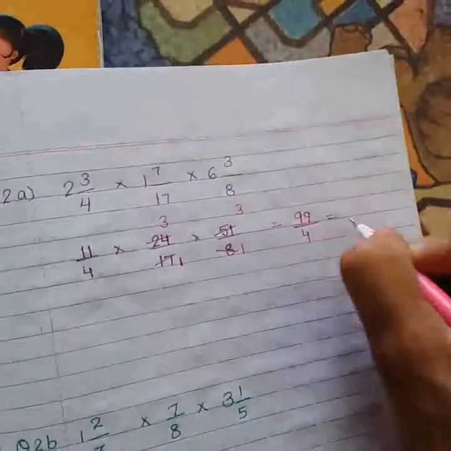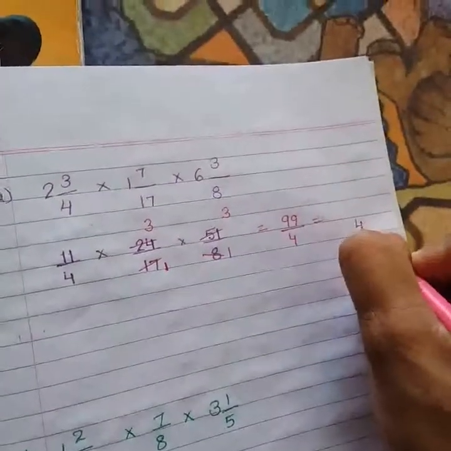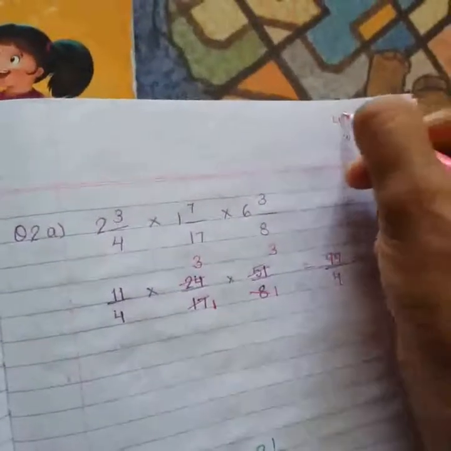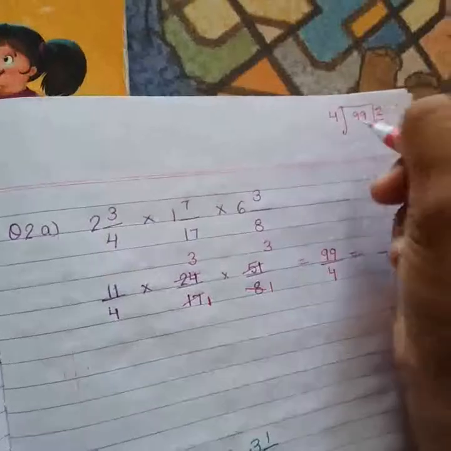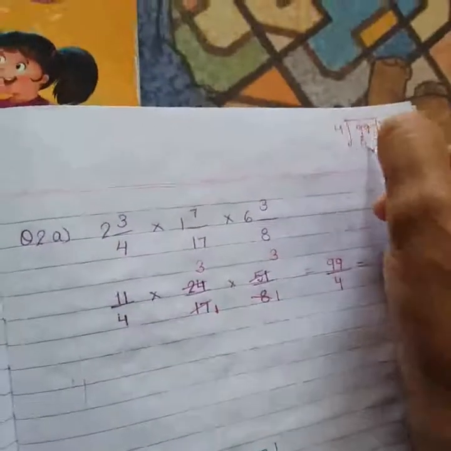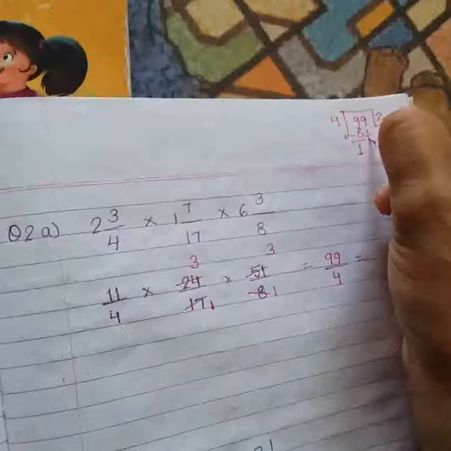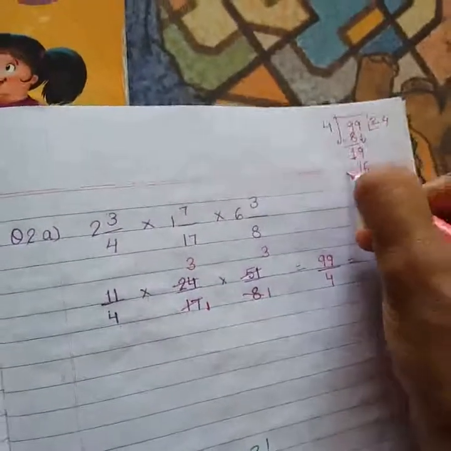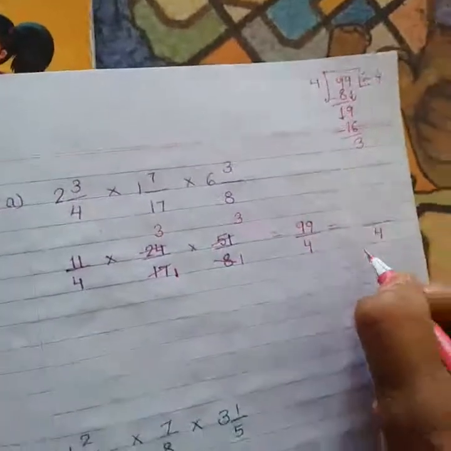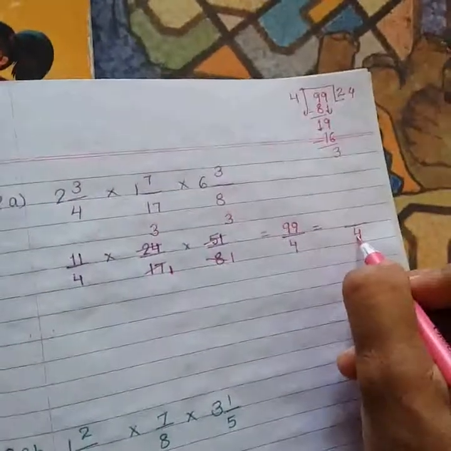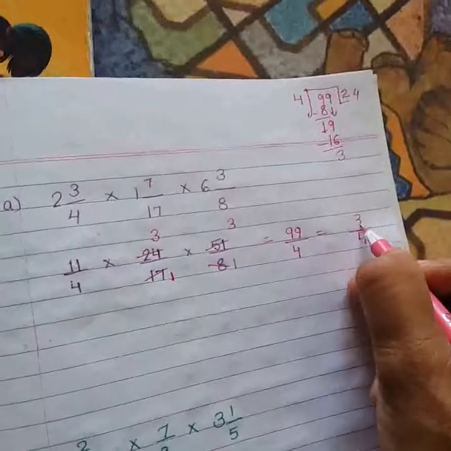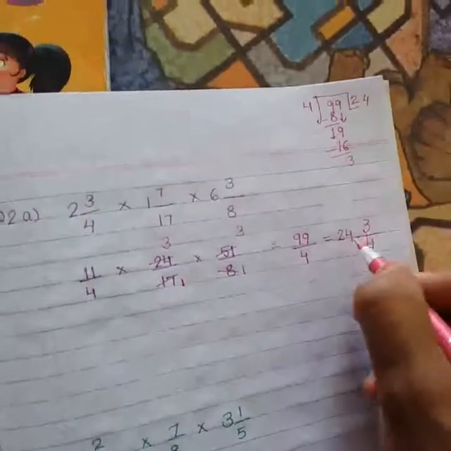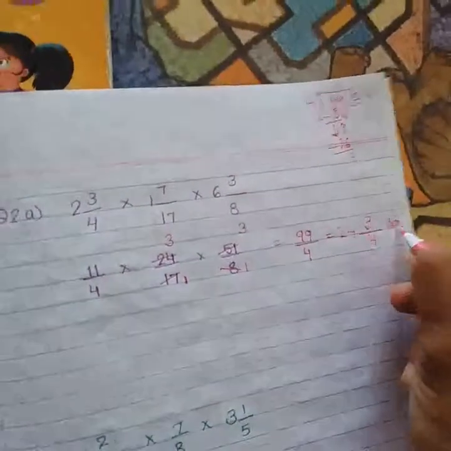Now we have to convert it into improper fraction. तो आप या तो डिवाइड लगा के देख लीजिए रफ कॉलम बना के, या फिर डायरेक्ट डिवाइड भी आप कर सकते हैं. आप रफ कॉलम बनाइए और डिवाइड कीजिए. 4 2s are 8, 9 minus 8 is 1. Take down this 9. It will become 19 now. 4 4s are 16. 9 minus 6 is 3. So 4 will become the denominator, 3 will become the numerator, and 24, that is the quotient, will become a whole number. So this is the final answer for this question.